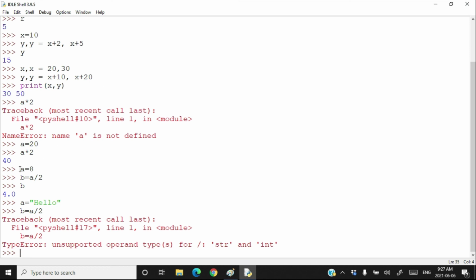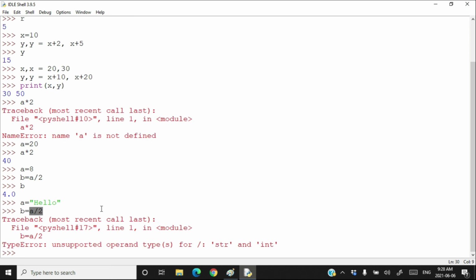This problem happened because you have not fixed that you are going to store only integers, only whole numbers, in the variable. Accidentally you have stored a string in the variable, thinking that you still have a number in a, and tried to divide it. So this is one possible shortcoming of dynamic typing. You should be careful about such situations.